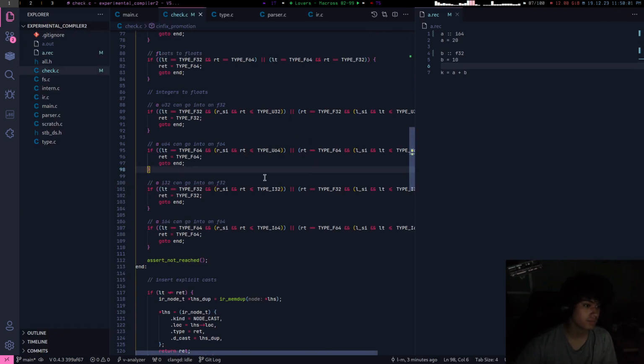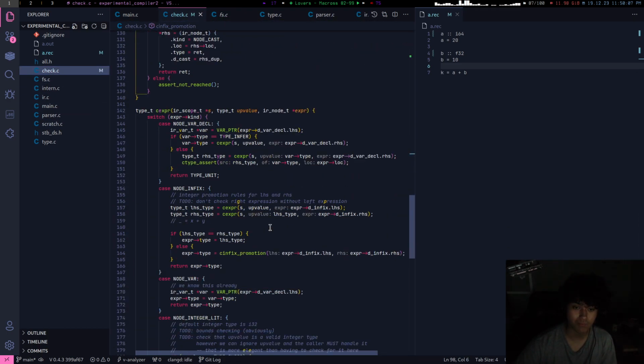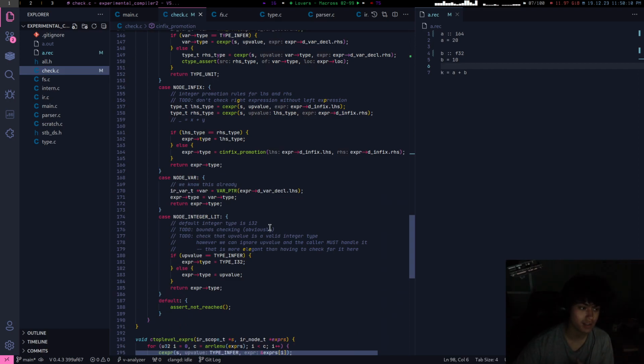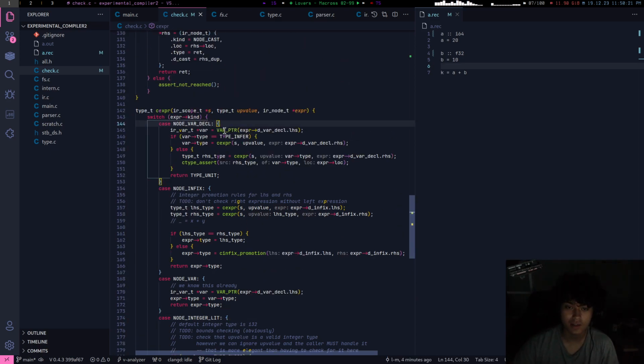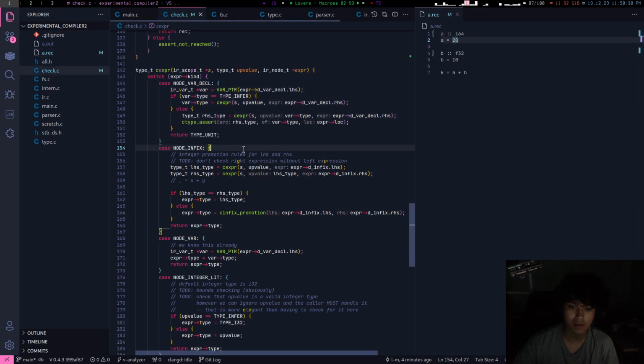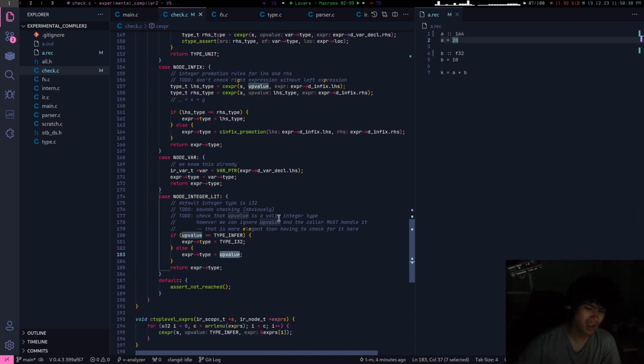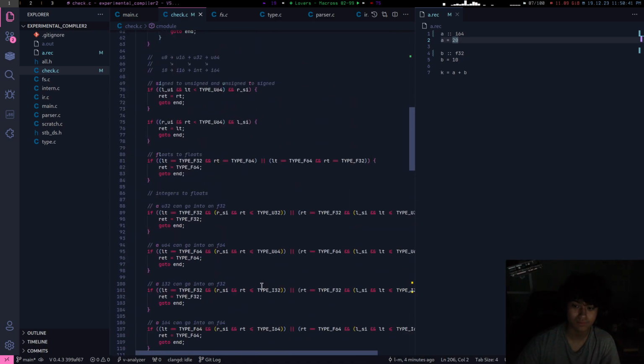This is good though. I think I showed everyone how this all works. I mean, it makes a lot of sense. Basically, you start at the root, you pass the left-hand side, the right-hand side, you converge them. If the types mismatch due to integer promotion rules, you write explicit casts in to make things all concrete and nice. And like here, var declarations, that makes sense. Explicit here, if it's without it, it's inferred by its initializer. Variables, that works. Integer literals take in the upvalue. I think this is a pretty good stream.